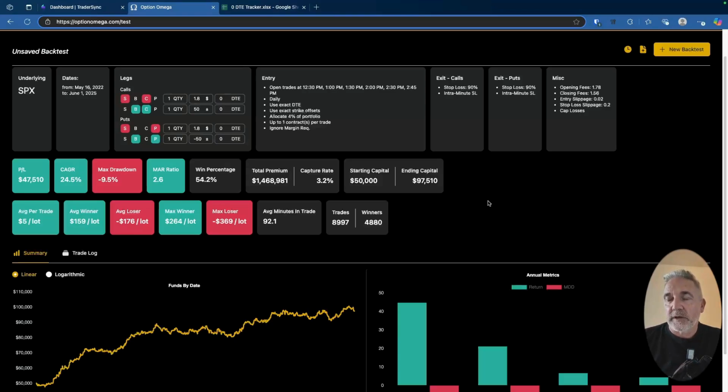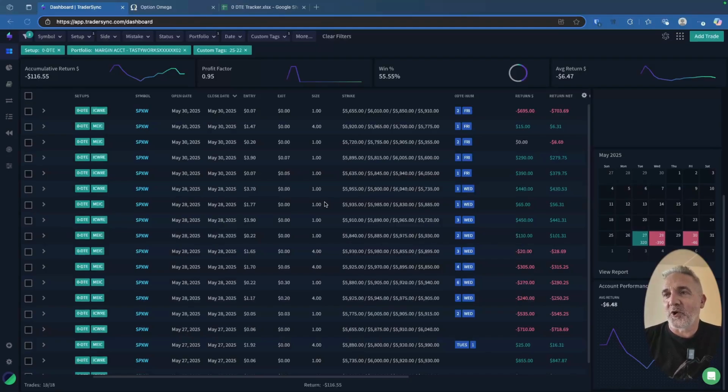I mean, that does work. It works over time, but we can see here that it doesn't work as well as some other strategies. So obviously I want to have the best performance possible without taking too much risk. All right, so going back to TraderSync and taking a look at my overall P&L for the week, I did